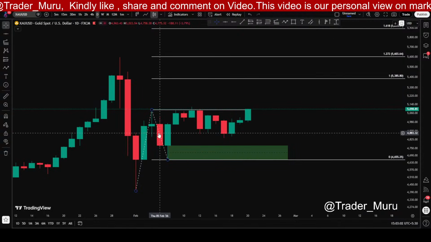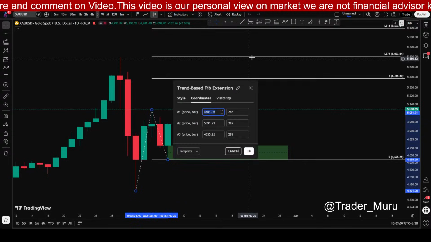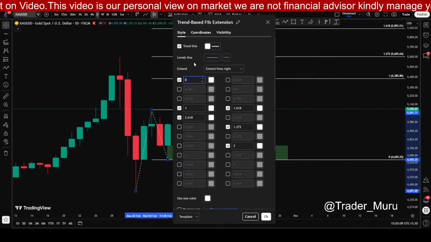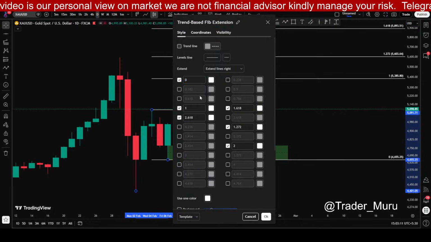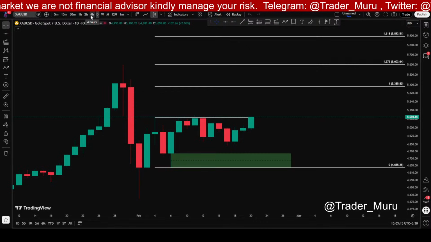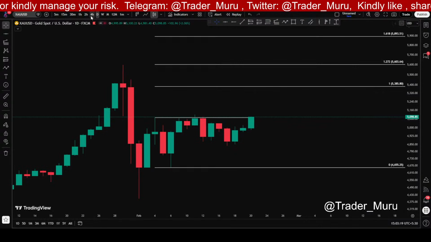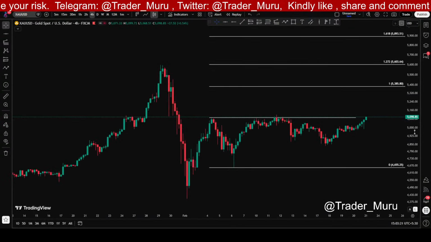Now let's see. Let me just hide this trend line. Okay. So in the daily time frame, gold is bullish and the next target can be 5385. In the 4-hour time frame,